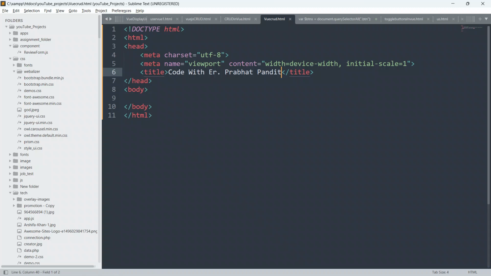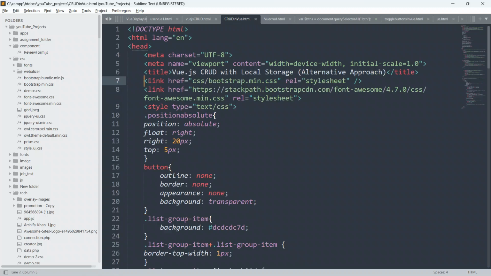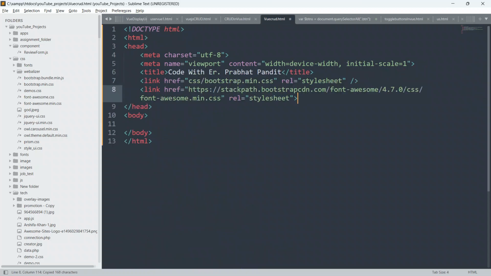Now I would like to paste some of the CDN links from the previous example, just to save our time. Let me go to the previous example, copy these CDN links from here, and paste them here.